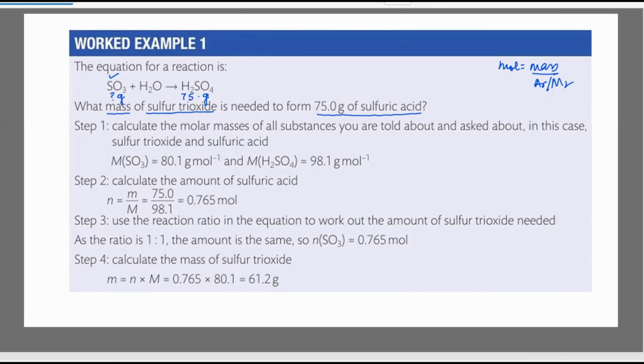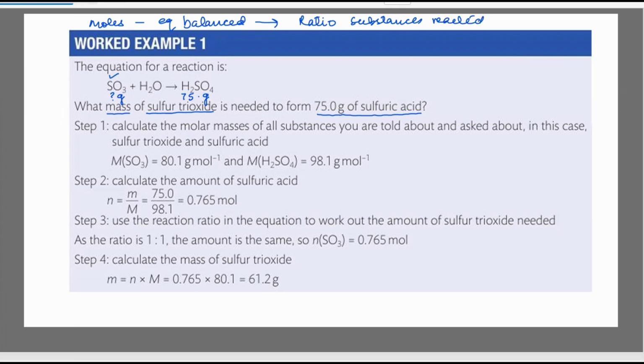Okay, so how we are going to do this is, first of all, the equation needs to be balanced. Whenever you're using the equation for the moles calculation, the first step is that your equation needs to be a balanced equation. That is mandatory. Through the balanced equation, we know in what ratio the substances have reacted together.